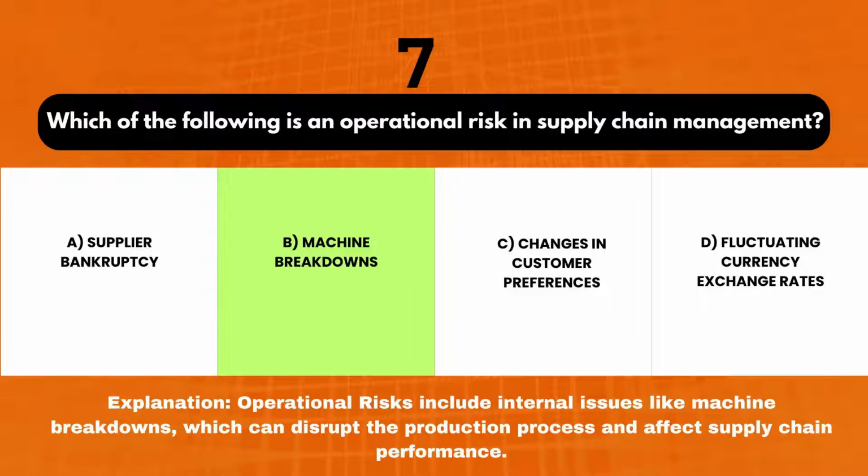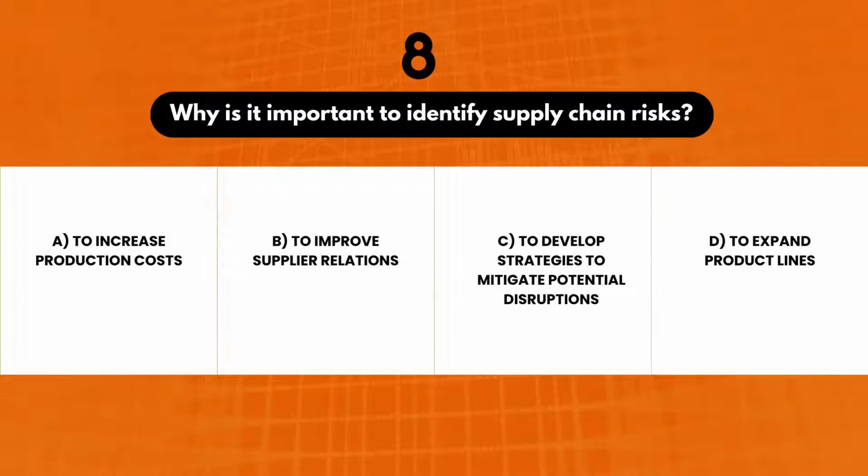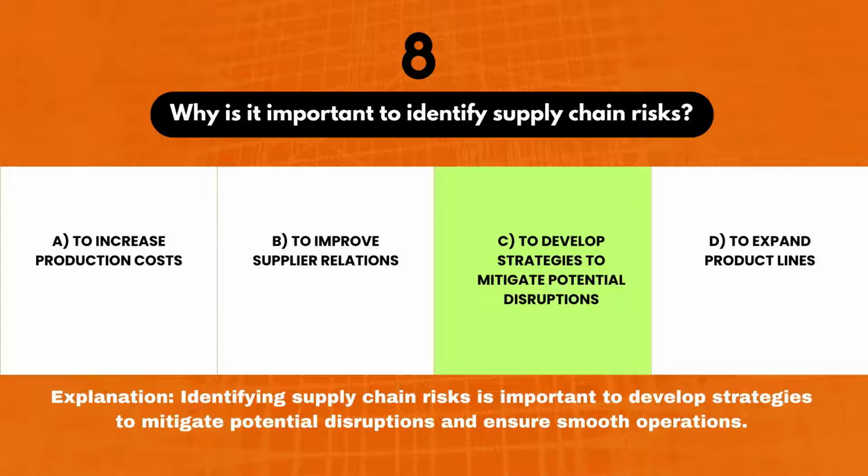supply chain performance. 8. Why is it important to identify supply chain risks? A. To increase production costs. B. To improve supplier relations. C. To develop strategies to mitigate potential disruptions. D. To expand product lines. Correct answer, C. Explanation. Identifying supply chain risks is important to develop strategies to mitigate potential disruptions and ensure smooth